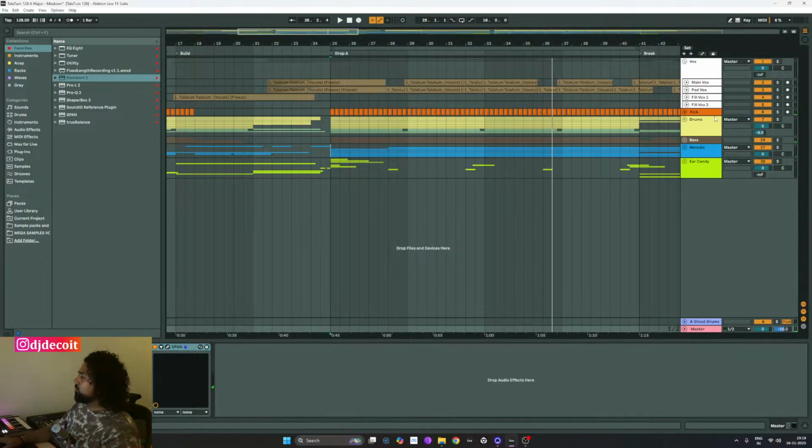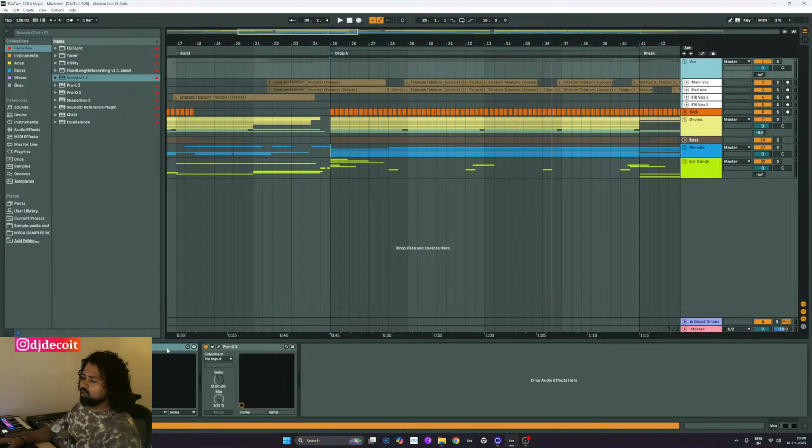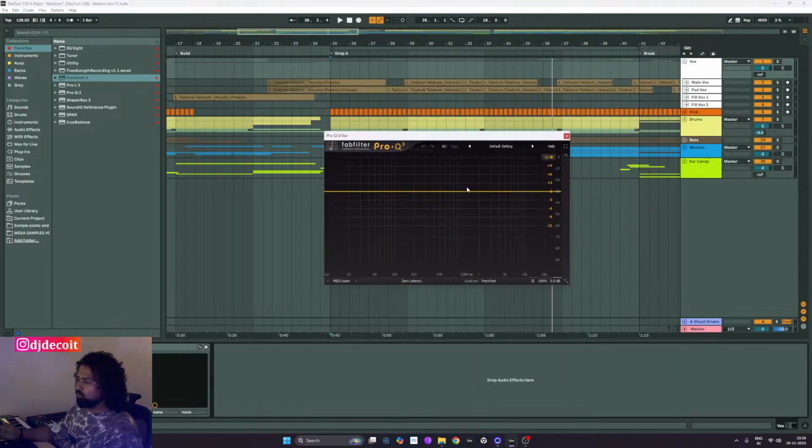I think we are done with basic sidechaining, basic EQing, gain staging we did already. We have done some of the transient shaping of the kick. We have tried some glue compression on bass and vocal elements. I think it's time to take a look at what we can do with EQing